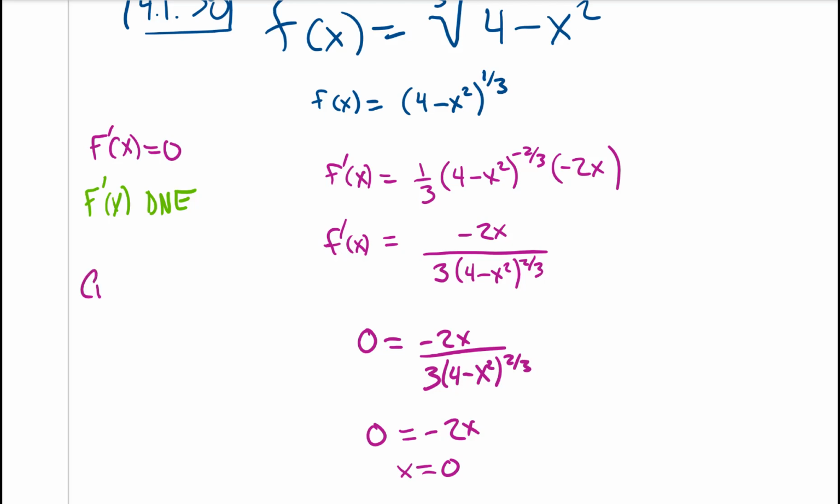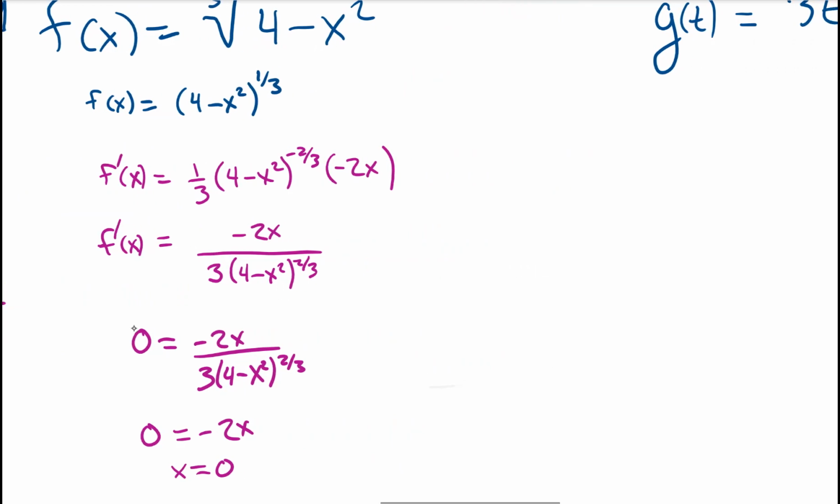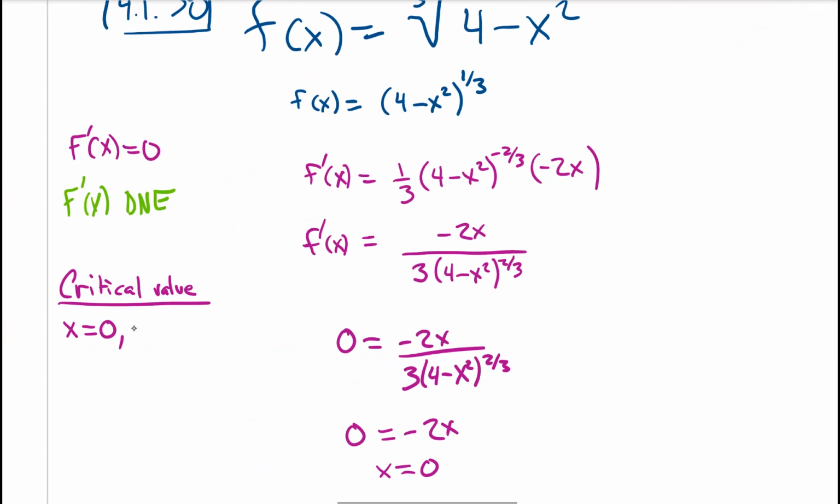There's our first critical number, or I'll call it a critical value. x equals 0. We're going to get more. So we found it, that's the only place that this derivative equals 0. Is it x equals 0? Cool. So why don't we now take this, move over here, and think about